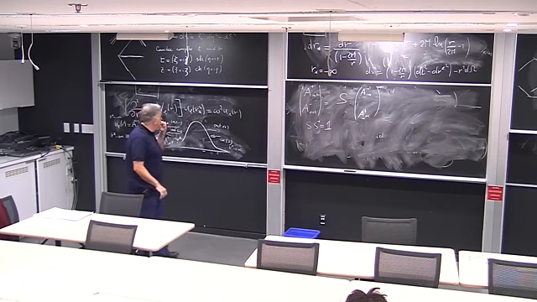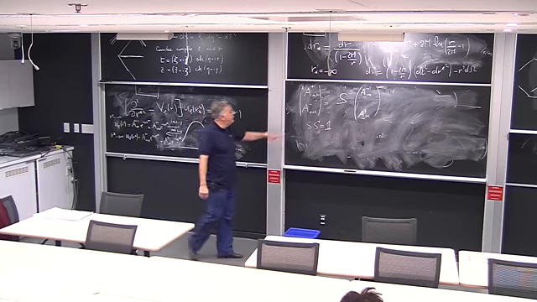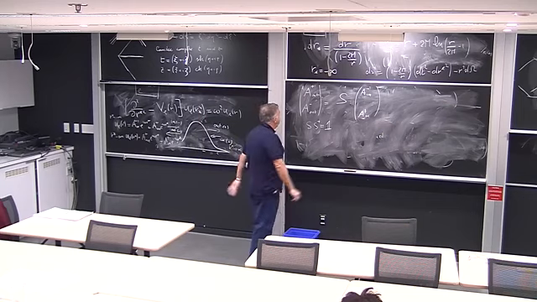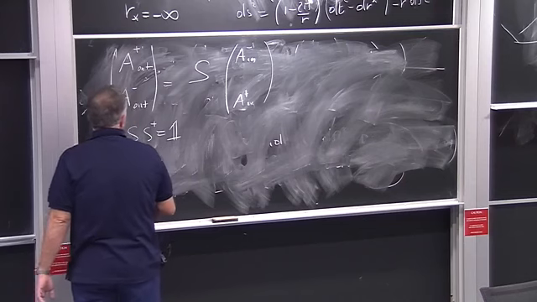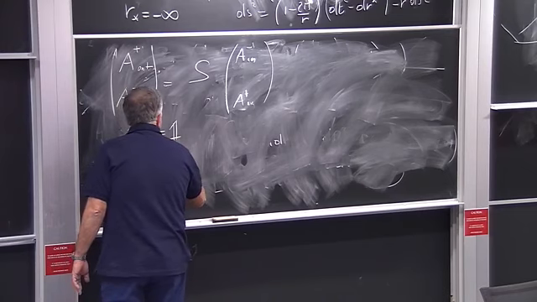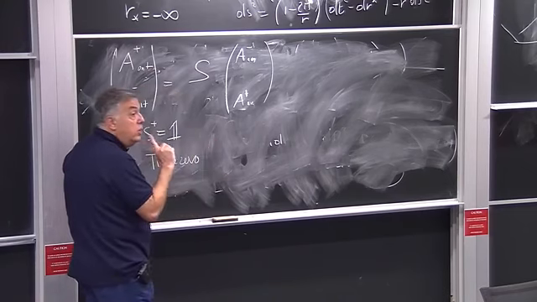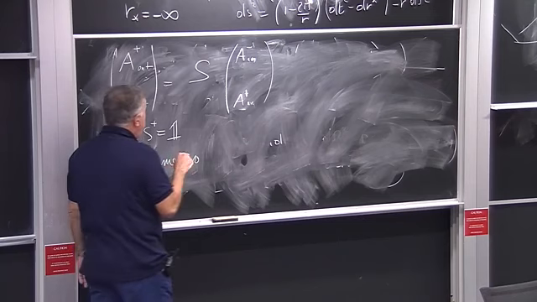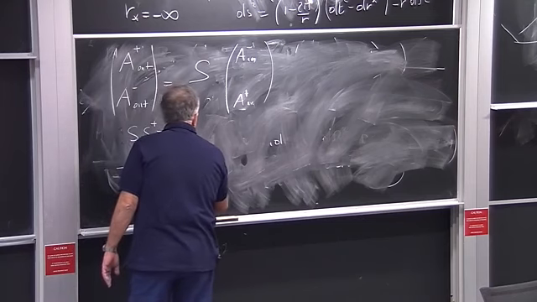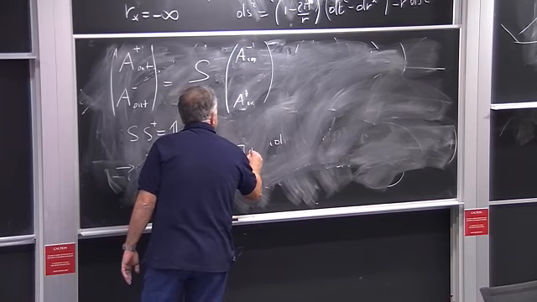Compute the probability by using the Klein-Gordon product, and you see that this has to be a unitary matrix. And then here comes another important point. By time reversal invariance of the equation, not of the solution, of the equation, time reversal invariance of the Klein-Gordon equation